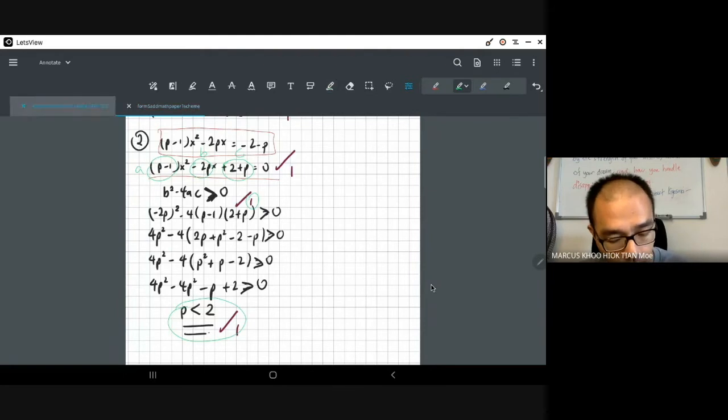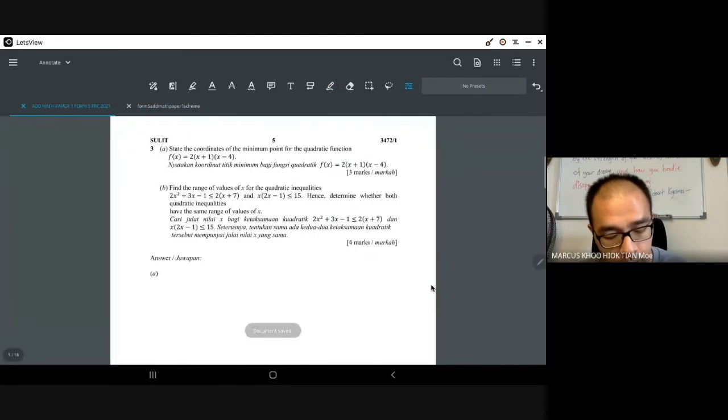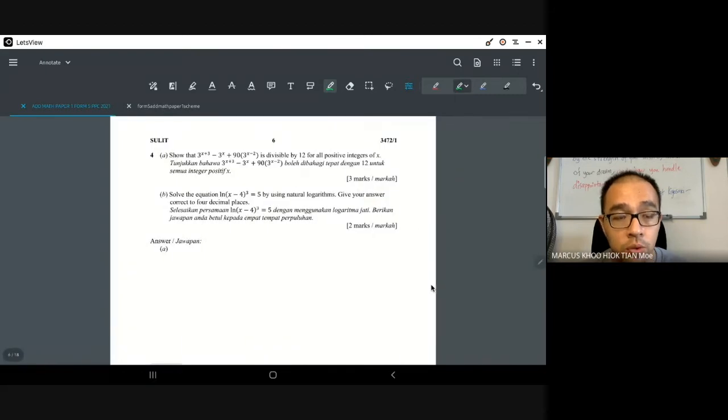All right. Question number 3. Okay, question number 3 is 2 different questions. One is 3 marks, one is 4 marks. Let's take a look. So state the coordinates of the minimum point for the quadratic function, yada, yada, yada, yada. Okay, so one of the ways to do this,